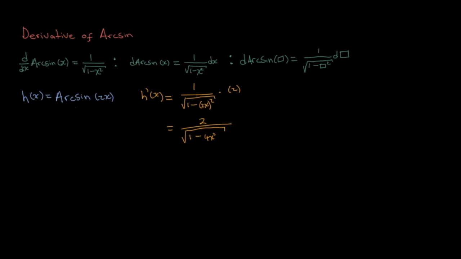Now let's say we were to do another example. We were given a function we'll call f at x. f at x is equal to arcsine of e to the power of 3x. So how do we evaluate this derivative? Again, it's just the exact same process. f prime at x, the derivative, is equal to 1 over